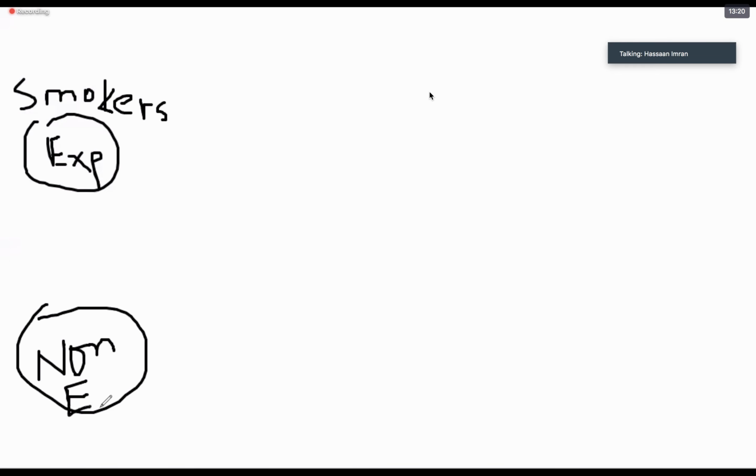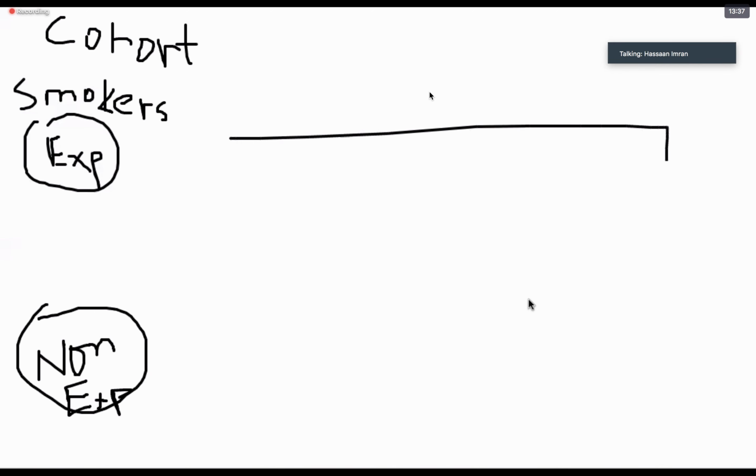Now, that control group we have in different studies. Like in a cohort study, we are going to have a control group for comparison purposes. We really want to compare how those who have the exposure differ as far as the disease outcome is concerned.